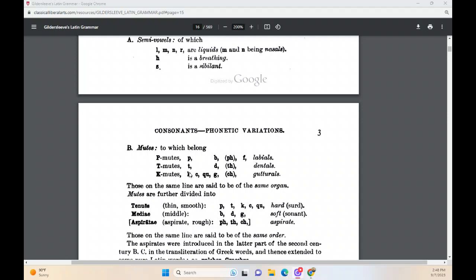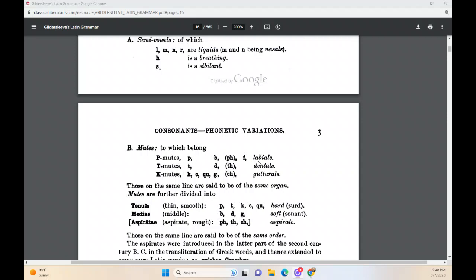Then we've got the te mutes, and these are based on the consonant te. So we have te, de, and te. These are the te mutes, all made with the teeth. We have the sound te and then de, which adds voice, and then te, which adds breath. So because de and te are like te with other elements added, voice and breath, they're all listed together under